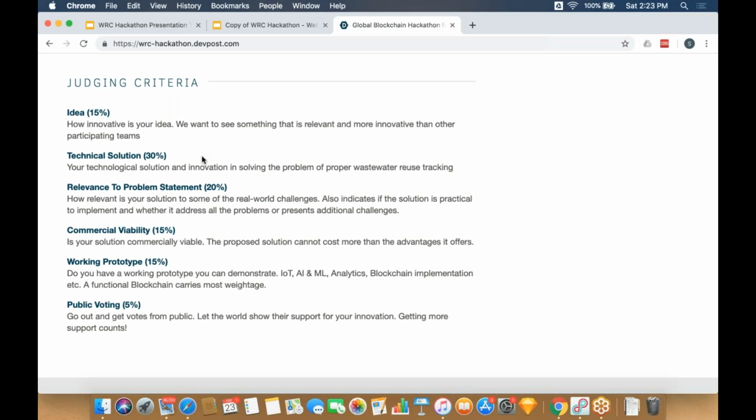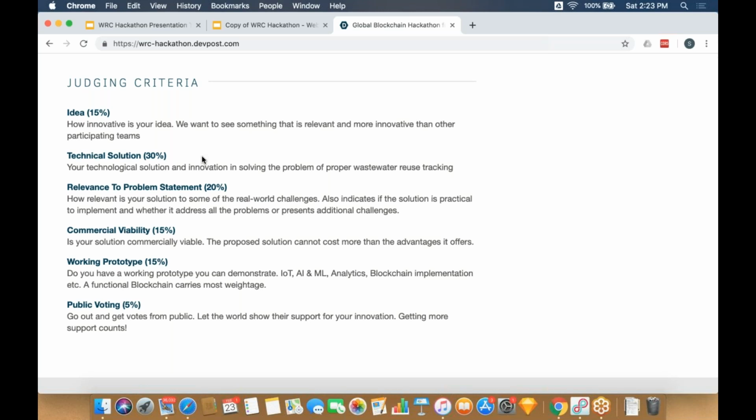If you write code and you submit the code over GitHub, you get scores for the working prototype. If there's no code that's written, no functional software demo can be provided, then you basically get a 0 score for the working prototype. But a 0 score in working prototype does not necessarily mean that you get disqualified from the hackathon or anything of that sort, because it only counts 15% in the total scoring.